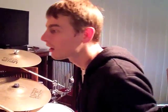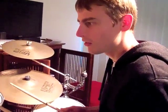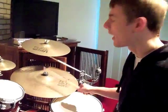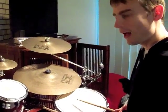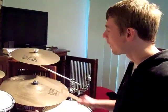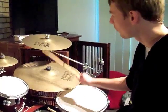Best thing to do, I think, would be, let me find it, bar, I think it's 95, is a clean version of this groove with no little variations. So have a look at that bar 95, that's what I'll use now for this example. As you can see, all your right hand strokes on the right cymbal bell are on all the and counts. 1 and 2 and 3 and 4 and, and you'll be bringing your right hand first of all down on 2 to the floor tom, and then on 4 to your snare drum. So counting through that, 1 and 2 and 3 and 4 and 1 and 2 and 3 and 4